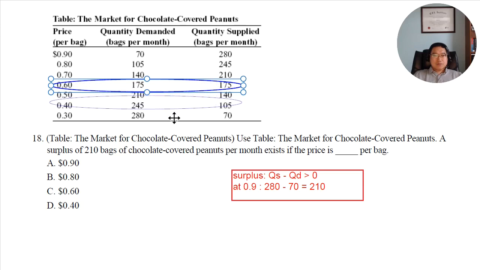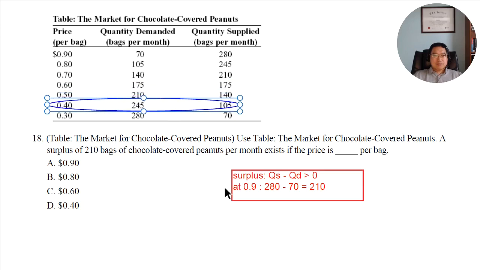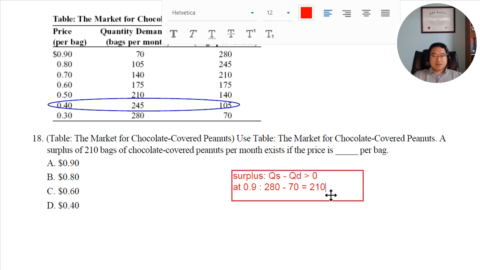Also, if you kind of move it a little bit, say at 40 cents, if you think about 40 cents at 0.4, right, what we have? The quantity supplied is only 105 bags, and then the quantity demanded will be 245 bags. It means we have a negative 140 bags of what? Shortage. Quantity demanded higher than quantity supplied. We need 140 bags at this